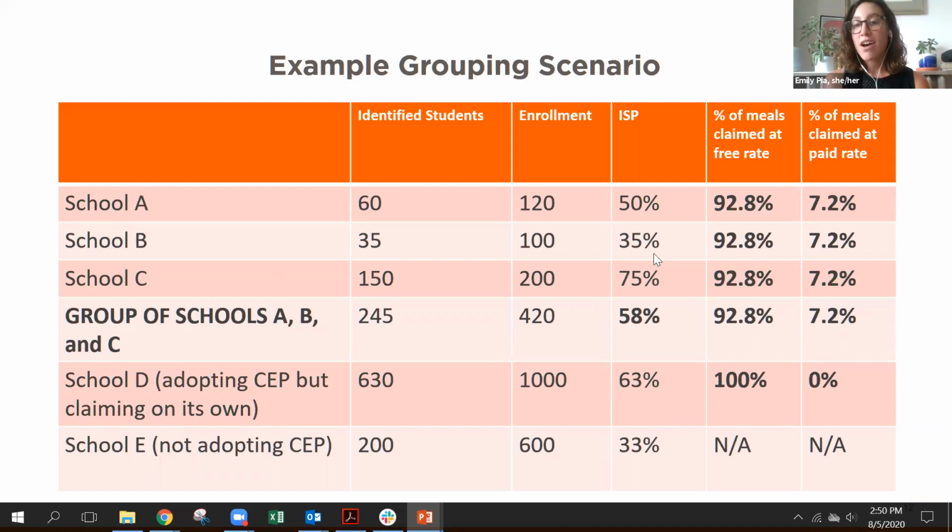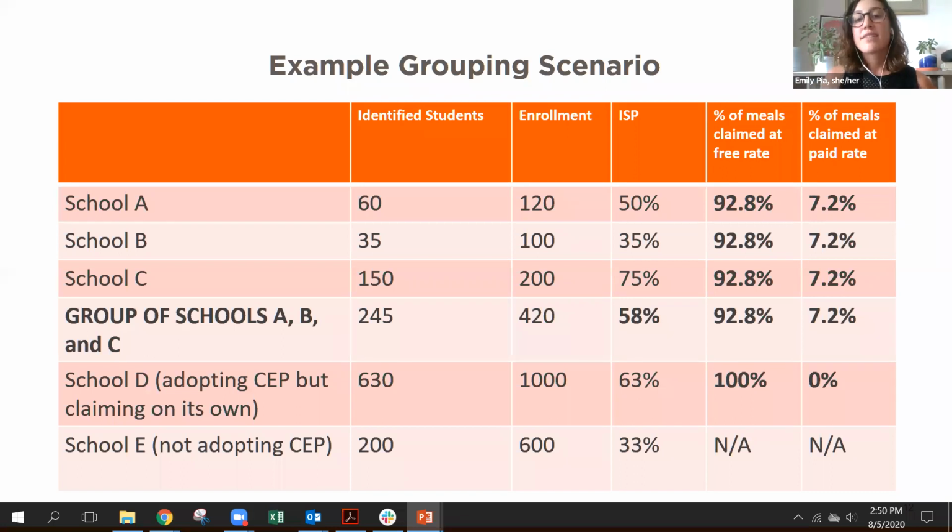So school B on its own, again, I had this example in mind, has an ISP of 35%. When grouped together strategically with A and C, now I did not use meals count to see if this was the best grouping scenario, and it also doesn't have ADP information in there. This is an example of how you could bring a school that has a lower than 40% ISP onto CEP.